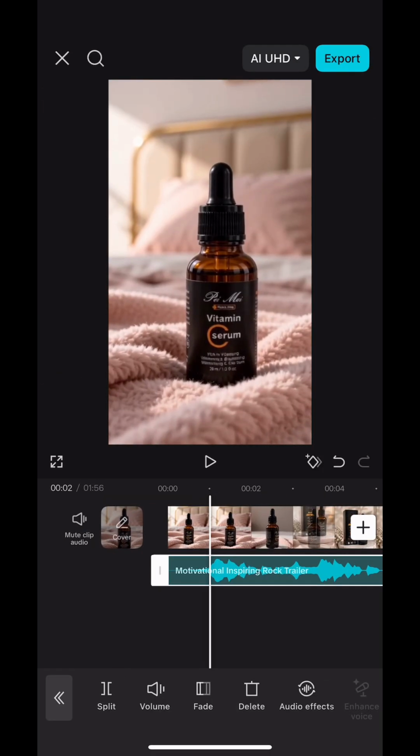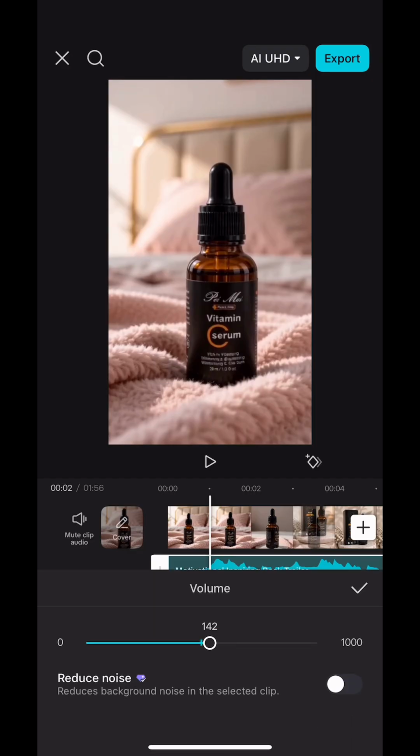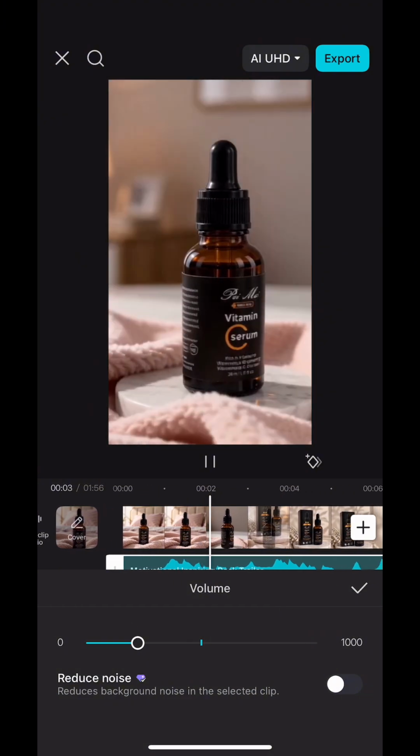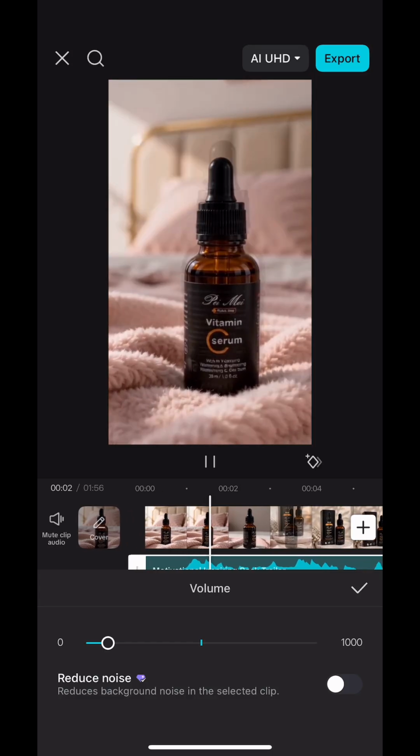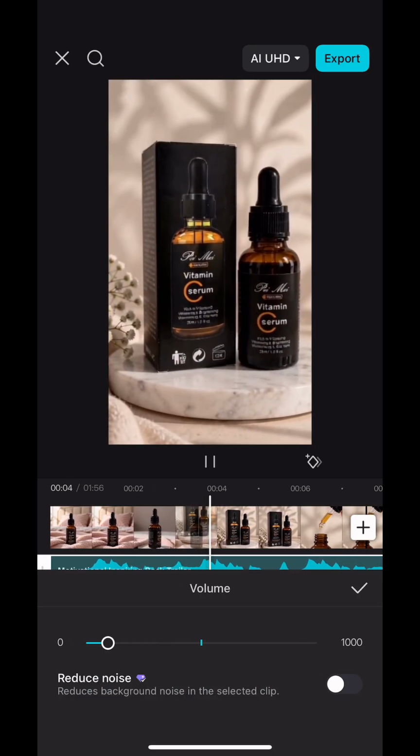The next thing I'm going to be doing is to reduce the volume of this sound a little bit, because I don't want to remove the first sound, I just want it to play on it, and that is how. Then go ahead and export your videos, and you